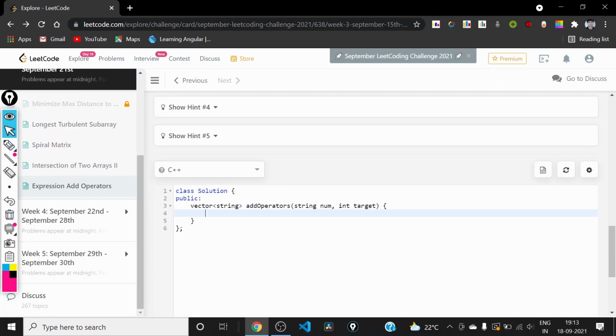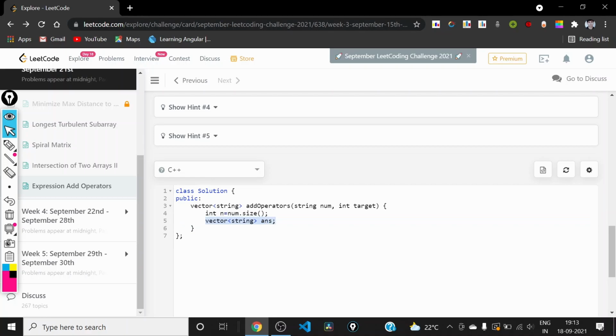So first of all, we will store the size of the num, and I will call it int n, and we will also need a vector. This vector will contain all the combinations of the strings, and I will call it answer.